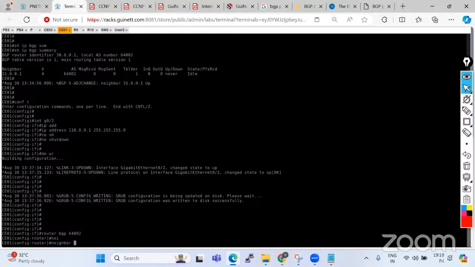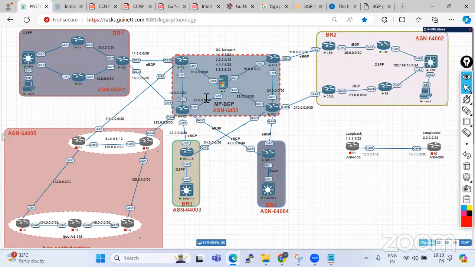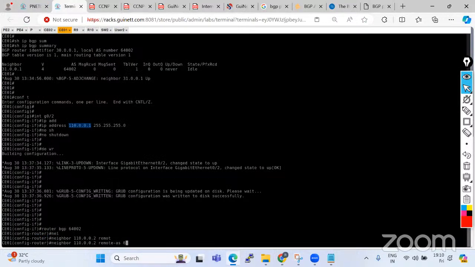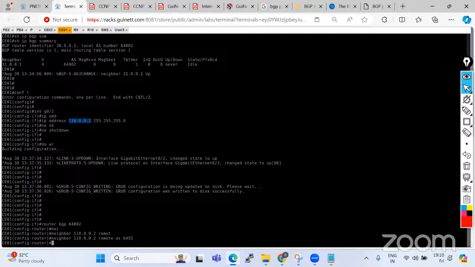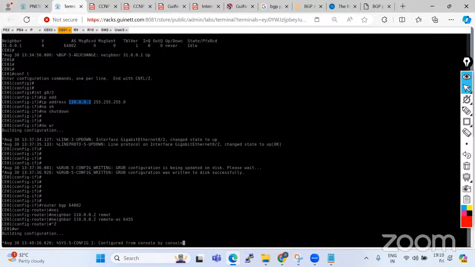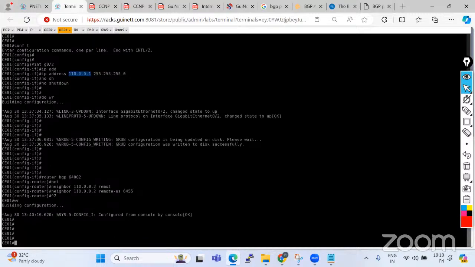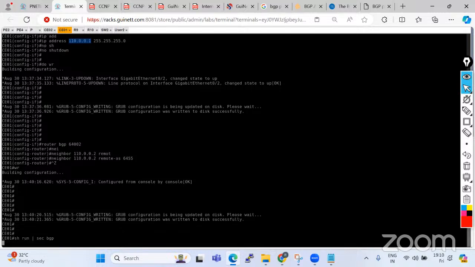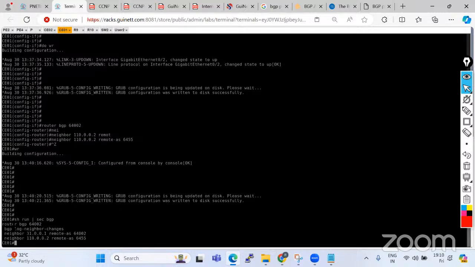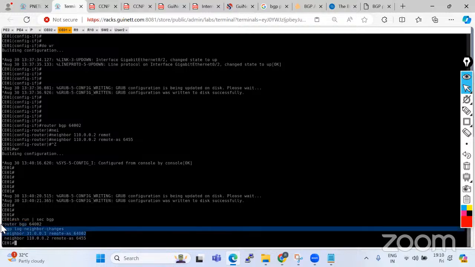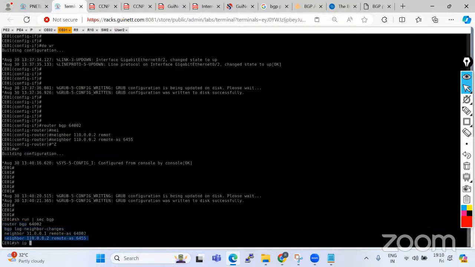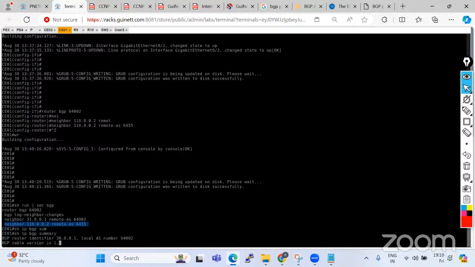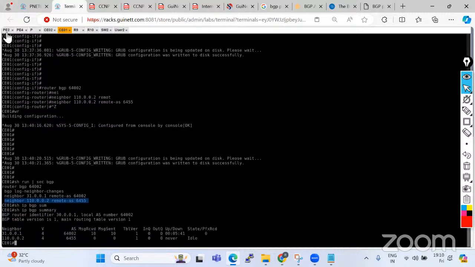And what is my neighbor? So the neighbor is the same IP address which is configured on the P2, but .2, and the remote AS this time is going to be different. This time remote AS 6455. So 6455 remote AS. That's all about the eBGP configuration. Two-line configuration. BGP is still not up, because the other side configuration is still pending. If I show your BGP configuration, what we have done till now, in this router we created one iBGP which is up and working, and this is the eBGP. If you check the status, it is showing down, because we still have to do the configuration on the